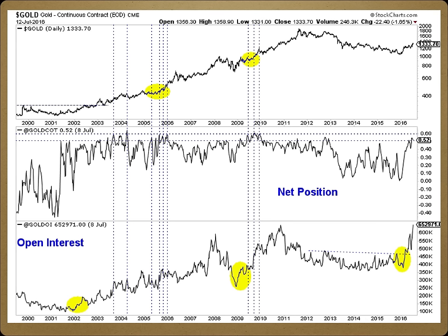Again, we look at the net position as a percentage of open interest. It gives us a consistent read of the market over time, over many, many years. And as we can see here, the peak in the net speculative position tends to be around 60%. I consider 50 to 60% fairly overbought, and we hit 54% a few weeks ago. Now we're at 52% as of last Tuesday. Assuming we get this correction, we'll probably fall back below 50%. But a point I want to make is,